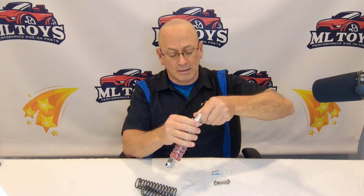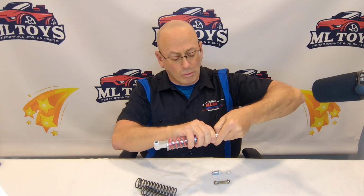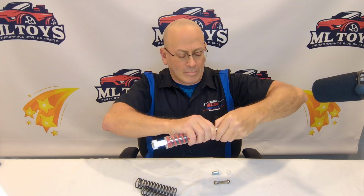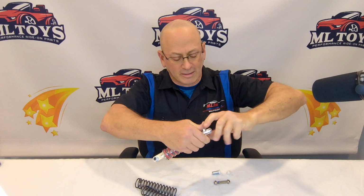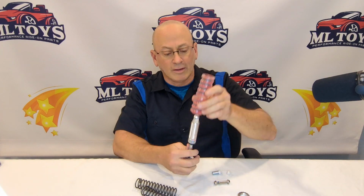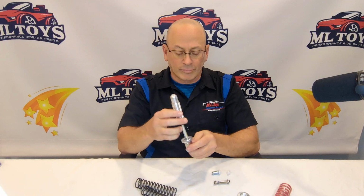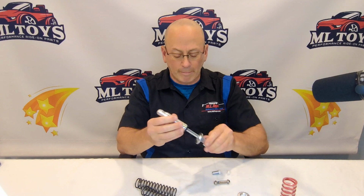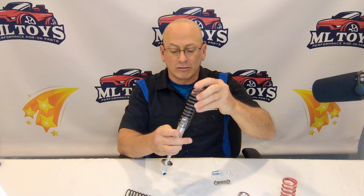Unscrew this all the way. Almost. There we go. Take the ride height collar off, pop the spring off, make sure that your shock is moving free, that you don't have a bend in the shaft. Take one of your springs,